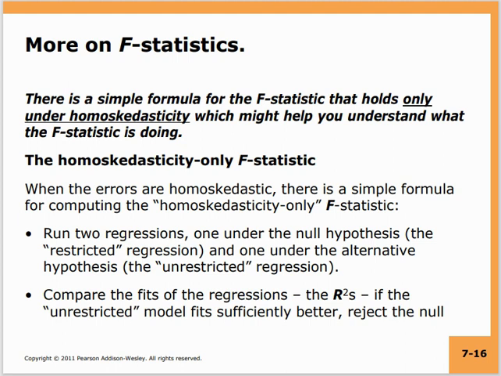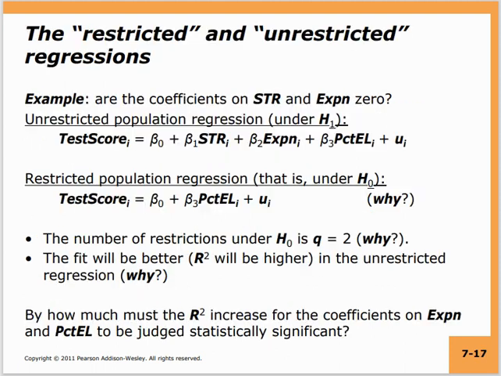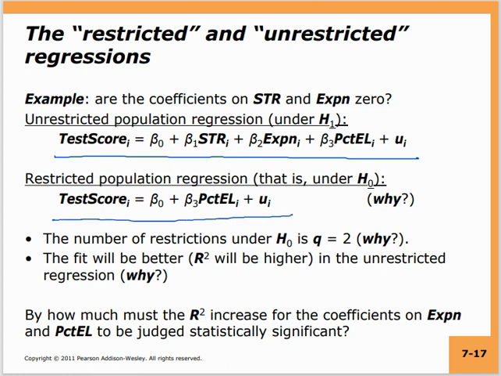Let us look at the particular case. So we run the restricted and the unrestricted regressions. As I have said before, the unrestricted regression is the complete regression where you include all the variables. The restricted regression is where you drop those two variables, where you are assuming that the associated parameters are equal to 0. So you drop those two variables. Now there is another way of referring to these kinds of models. So these are also known as nested models. So this model is nested within that.